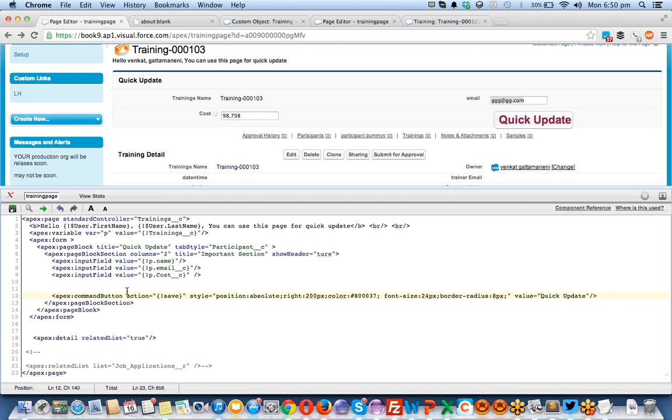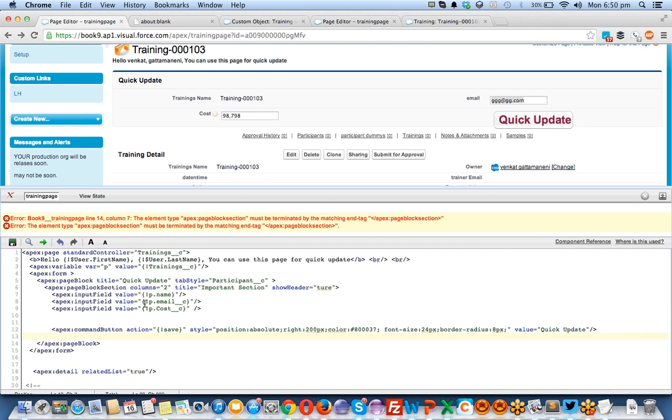And here's the end of page block section. So this is the starting and this is the end of page block section. If you are not closing this tag, let's see it. I'm removing this and clicking on trying to save this. It will throw an error to us saying there's no termination for the